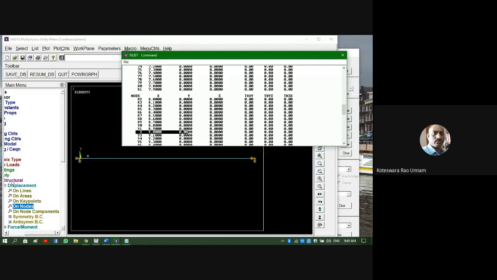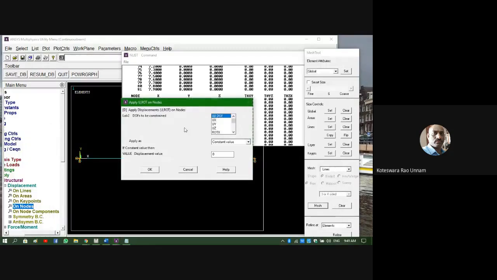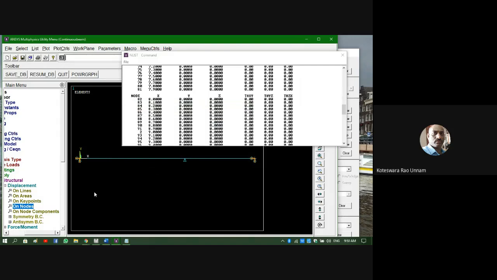So again, I'll go here, structural displacement, and then I'll click the nodes. Then I'll enter here 2, then click OK. Now instead of all degrees of freedom, I need to unselect this all degree of freedom. I need to select UY, and at this location he has given a displacement of minus 0.03. 30 mm, 30 into 10 power minus 3. So if I do that, I'll get 0.03. Then I'll click OK. So now you can see that the constraint is placed here also. So the constraints are over now.